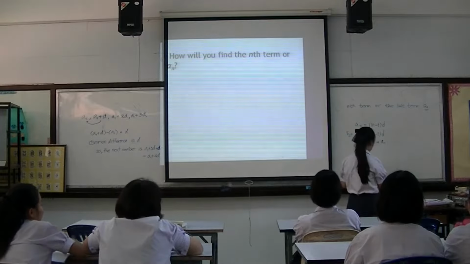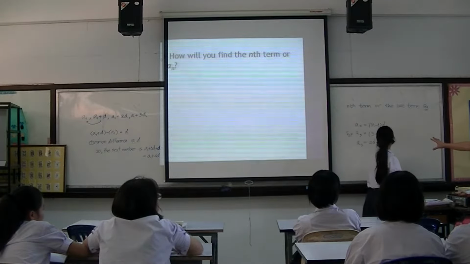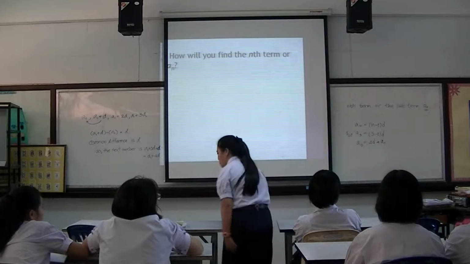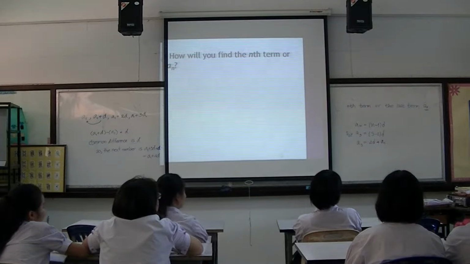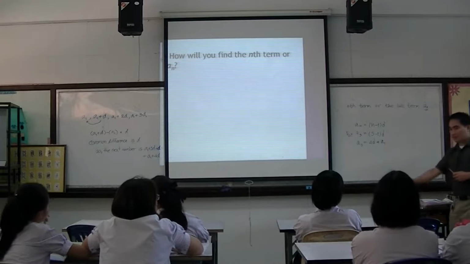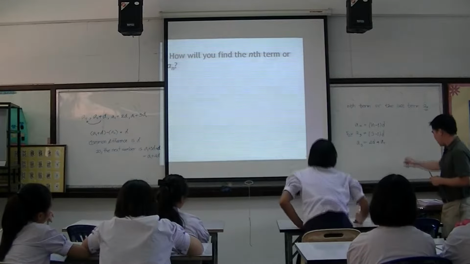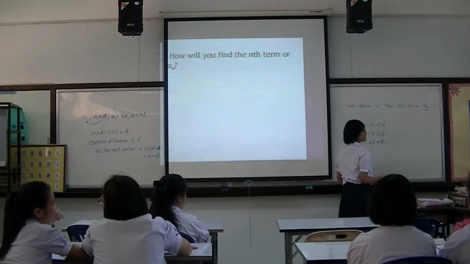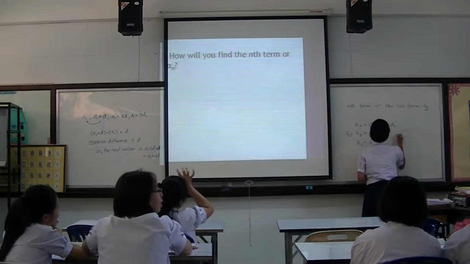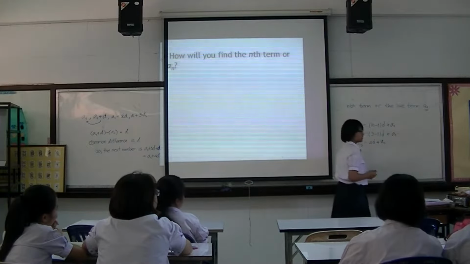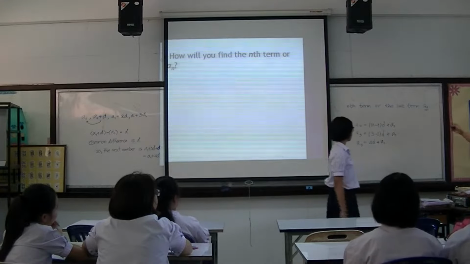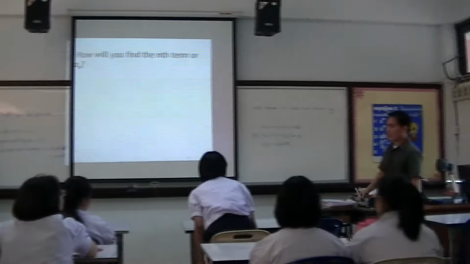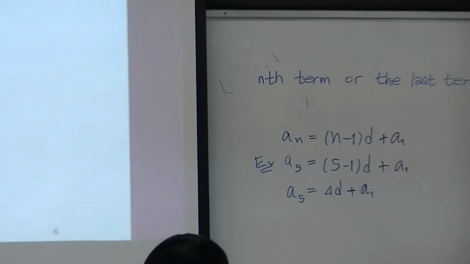Okay, A sub 1 equals 4. Assuming you had an example there, how about if there is only n? A sub n plus A sub 1. Okay, can you do some correction with the formula there? A sub n equals. Okay, so what is the nth term now? If you are going to find the nth term or the last term, June? What is the formula to get the last term? A sub n is equal to